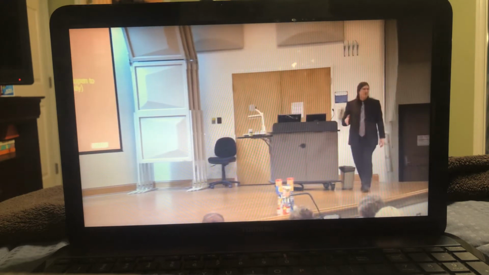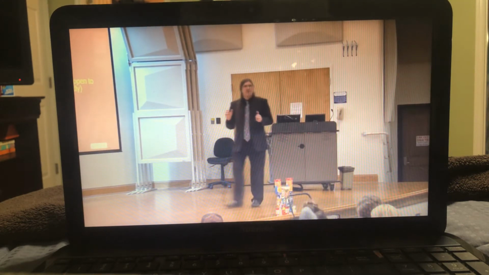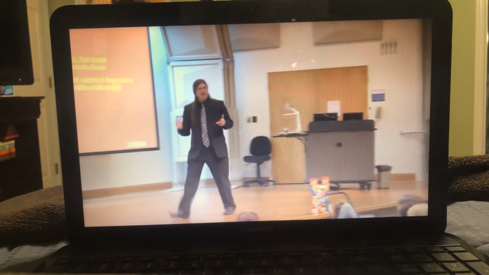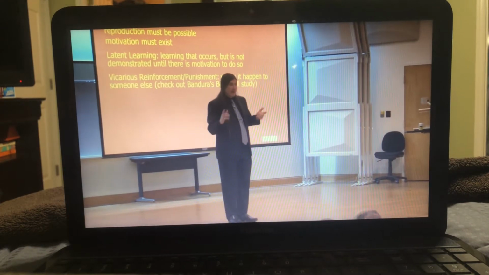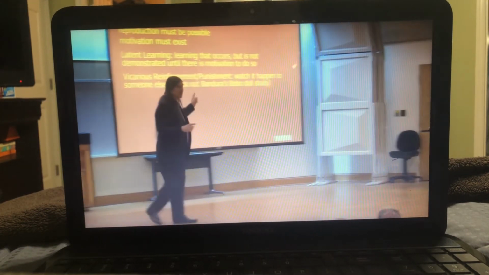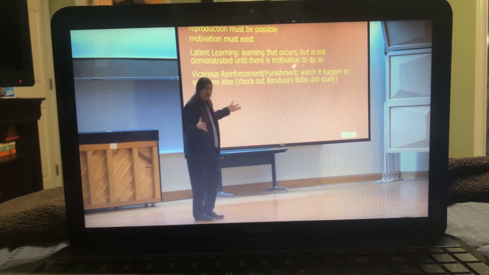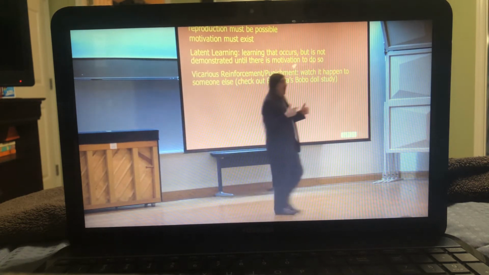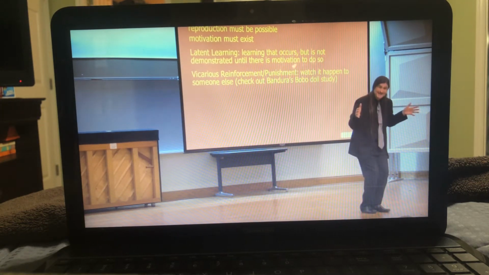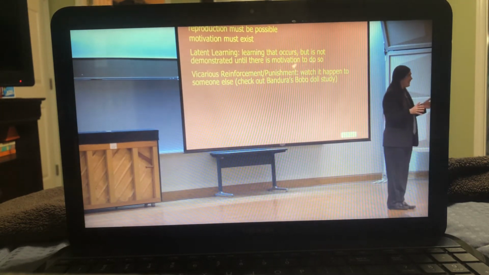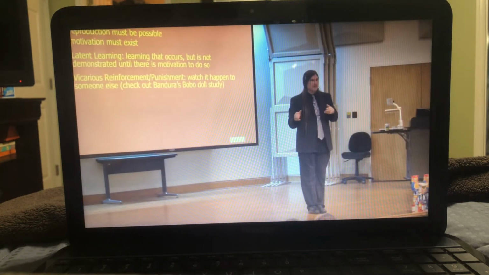You can also learn by watching other people be punished, right? You don't rob a bank, no matter how many heist pictures you've seen, right? You see people rob a bank, you know how, but you don't have the motivation because what do you see? They usually get caught and killed or punished, right? So you don't have to actually go out and try robbing a bank and getting caught and put in prison to know not to do it. You see other people punished and learn not to do it. Or you see other people rewarded for things and learn to do it.